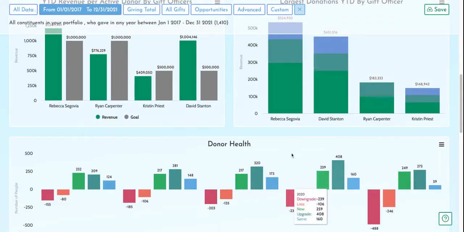We track donor health. I love this. We want to track what our downgrades are as well as our losses, but we also want to track those individuals that are staying the same in any given year. Those are the people that we need our gift officers to really focus on, moving them to the next level of giving. These are those individual donors who might write a $10,000 check at the end of every year. They have the capacity to write much larger checks, but we're just not cultivating that relationship to get that bigger